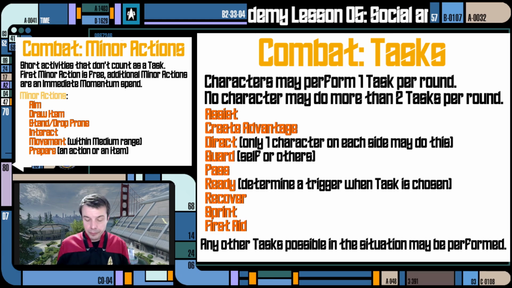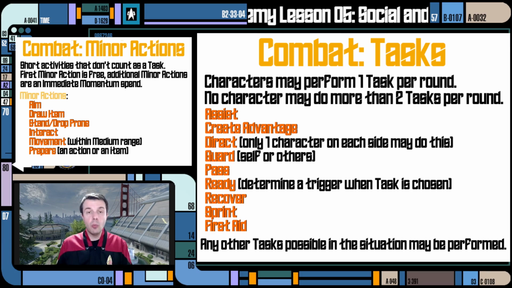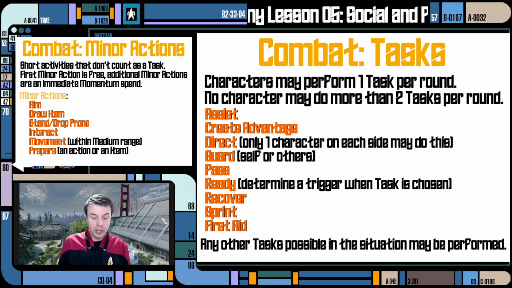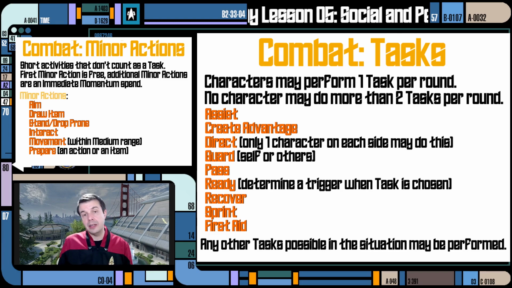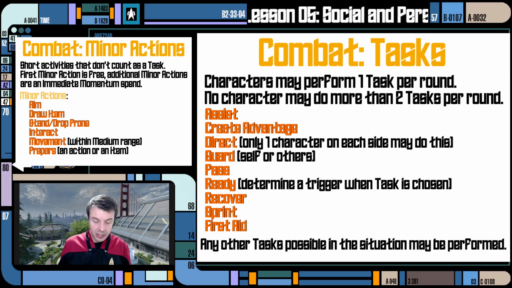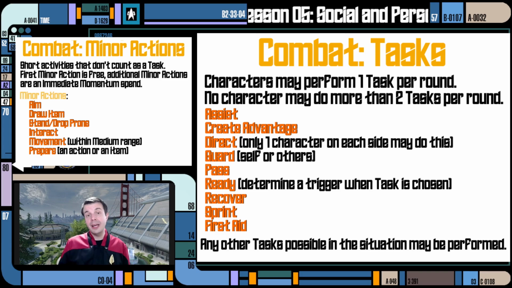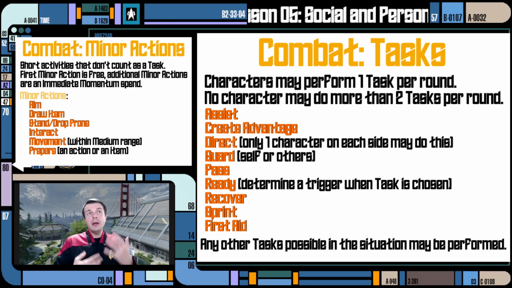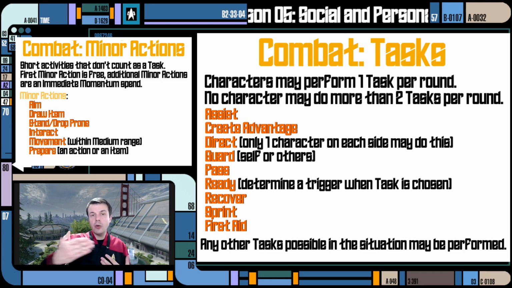And as this counts as your task, assisting is the 1 action, the 1 task that you are allowed per turn. You could create an advantage, and this is typically a base 2 difficulty task to establish an advantage for the scene. You could do the direct task, where in a combat, only 1 character on each side